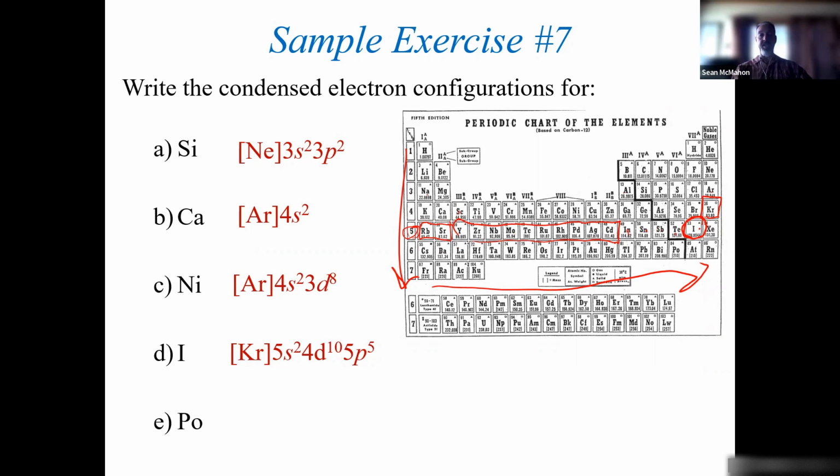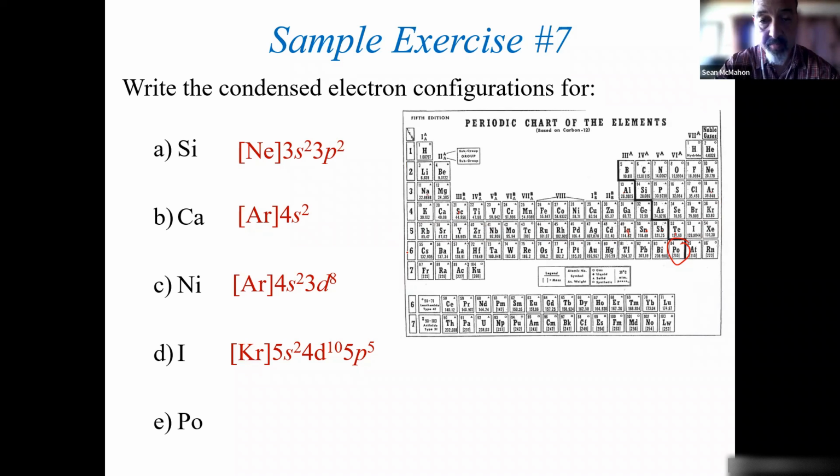Where does it get tricky? Polonium. This is really hard. I picked the hard one. Why? The shortcut is easy. All right, let me get rid of the iodine stuff. Here's polonium. It's in period 6. The last noble gas to fill is xenon. But we would go